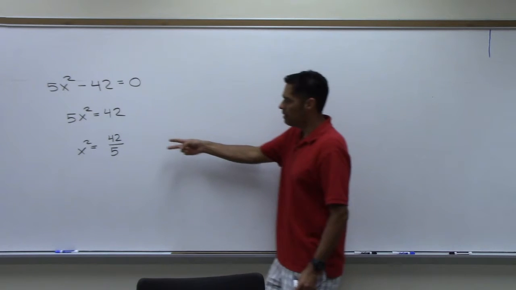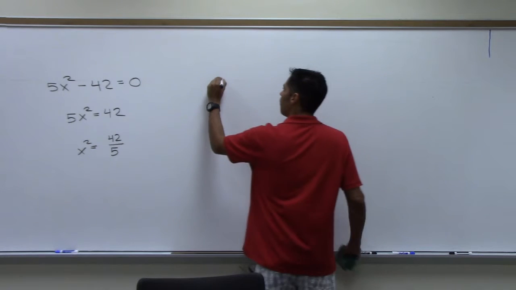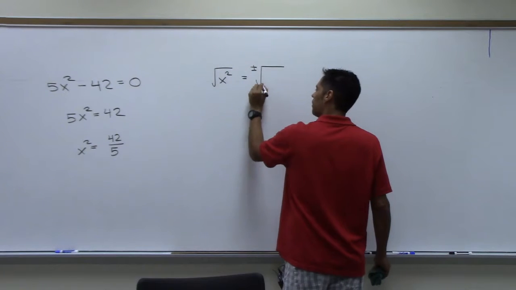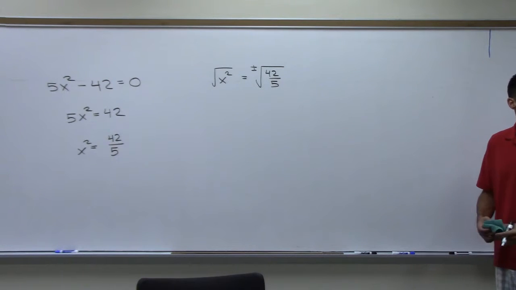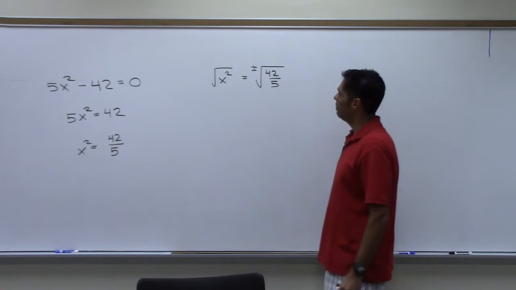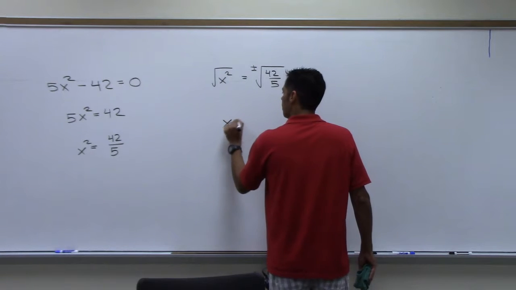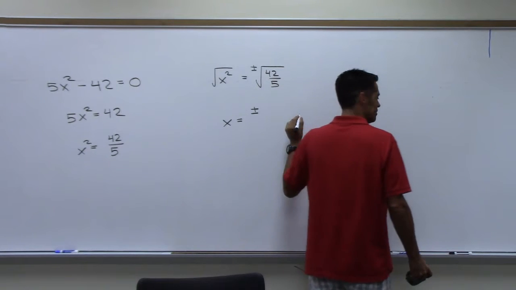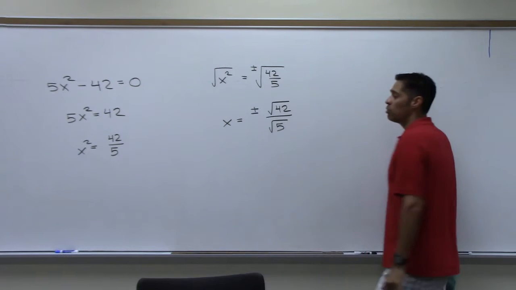So since this doesn't clean up, right now I'm going to come in and square root both sides. And remember that when I do, I have to add the plus or minus to get the two possible answers, right? And now you look at root 42 over 5 and you say to yourself, is there anything I can do with that? And Caesar said no. That was you, right? Did you say no? That was a hiccup, right? Yes, I know. You could try that,